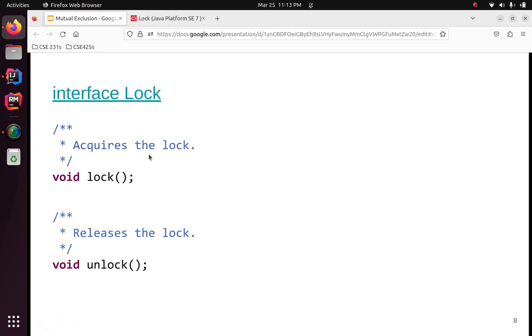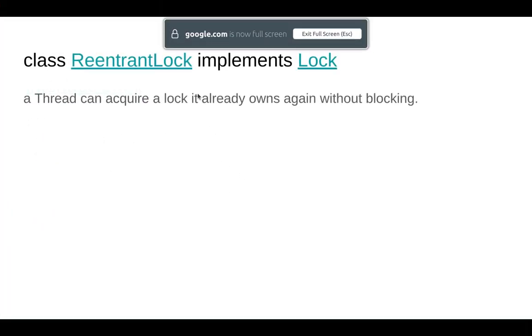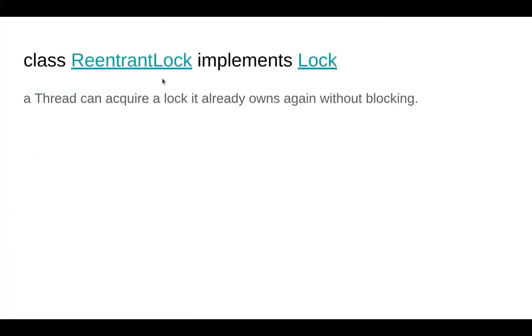Lock acquires the lock, and when you have acquired a lock and you hold that lock and you're the owner of that lock, anyone else who tries to acquire that same lock will wait for you to unlock it. Just really quickly, Lock is an interface, and there's a class that implements it called ReentrantLock. ReentrantLock just means that once a thread, or a task as we've talked about in this class, where a thread is a more heavyweight version of just code that can run in parallel with each other,